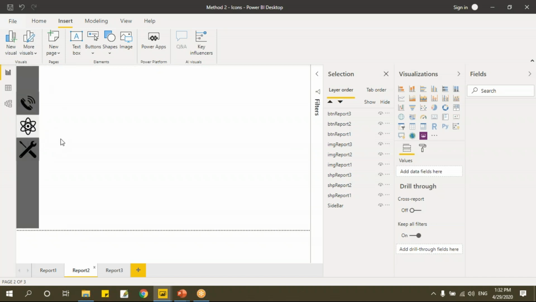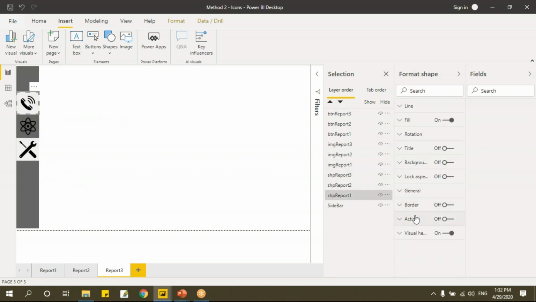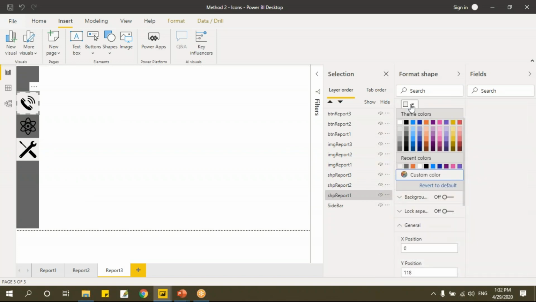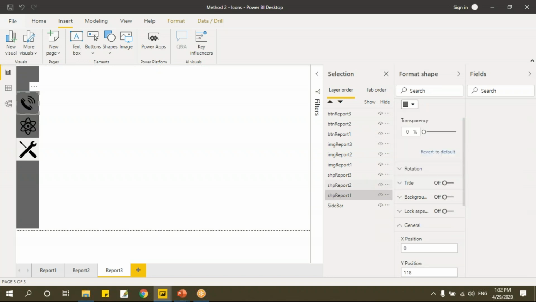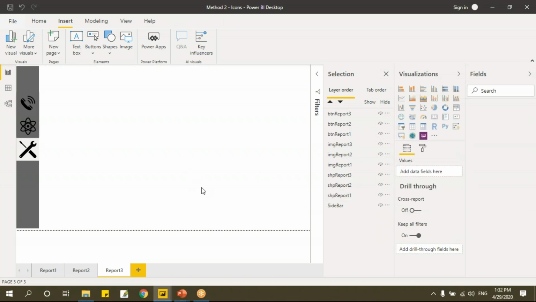Here we'll make the same change for this shape, change the fill color, control V, enter. See, now it shows report 1, report 2, and report 3.